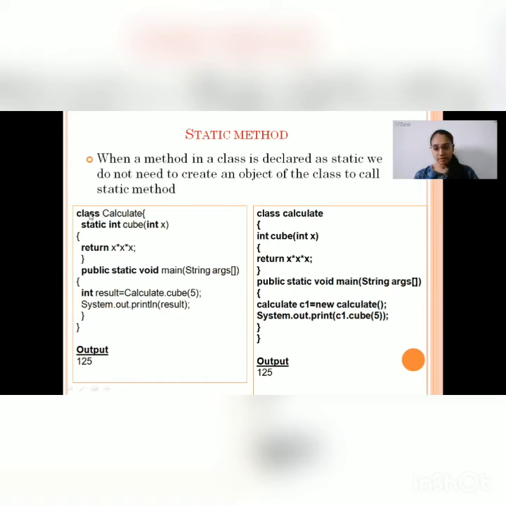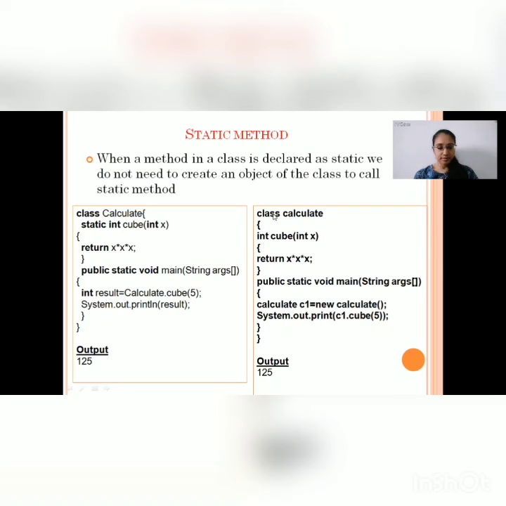In this, one static method is created which is static integer cube. The result will be cube of an integer number. Now in the main method, I am calling the method cube using the name of class itself, which is calculate dot cube, and then the value of result is printed. So value of this program will be 125.